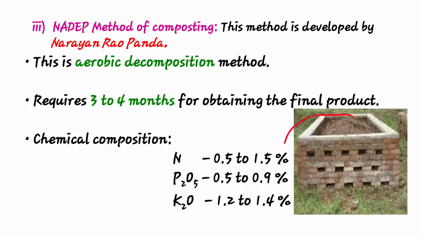Also, for circulation of air, proper holes of 7 inches are made. See the picture: on the tank, 7-inch holes are prepared by removing a brick or other part. These holes are for continuous flow of oxygen, because this is an aerobic decomposition method. Also, the wall and floor of the tank should be plastered with a dung and mud mixture. This is the selection of site and how to form the tank above ground level.